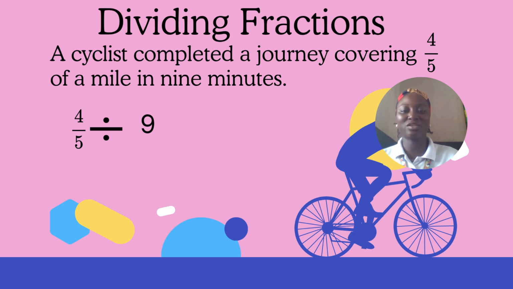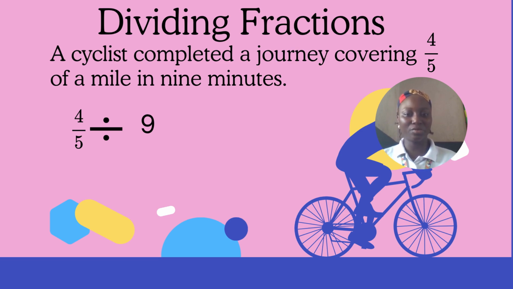A cyclist completed a journey covering 4 over 5 of a mile in 9 minutes. So we have to calculate how many miles he was able to cover in a minute. We're given the number of miles he was able to cover in 9 minutes. Now, for us to ascertain the number of miles he was able to cover in a minute, we need to